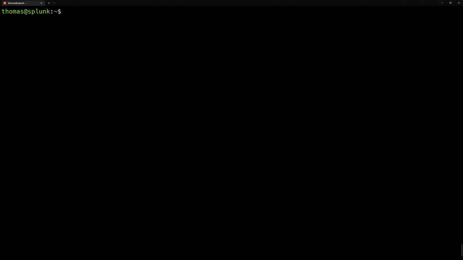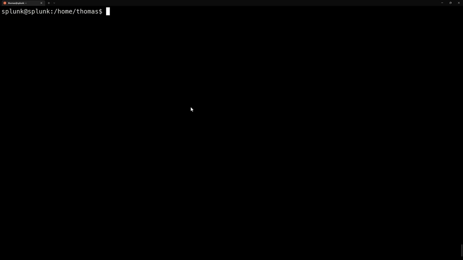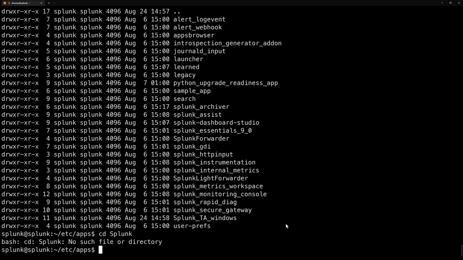So after installing the Windows add-on, let's have a look at what is really there on the file system. So I logged in on my Splunk instance using SSH, and as always I'm changing the user context to the user splunk before doing anything. Oops, seems like I mistyped the password. All right. Then we go in /opt/splunk, and etc/apps is the location where apps are installed. And if we have a look around in here, then we see that the Splunk TA for Windows was installed here. And if we go in here,